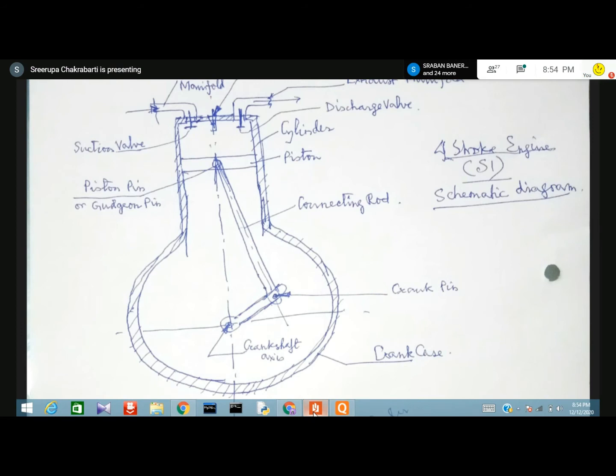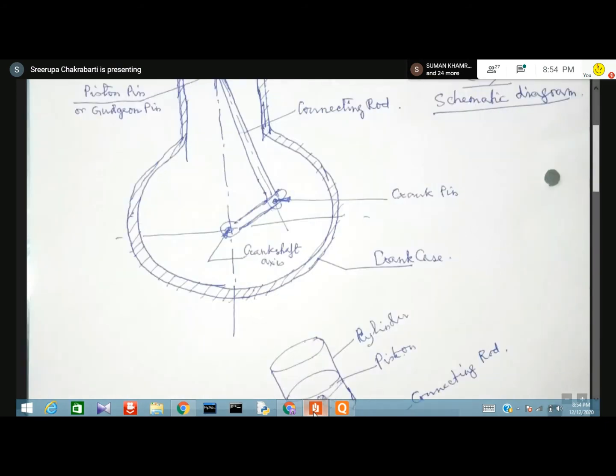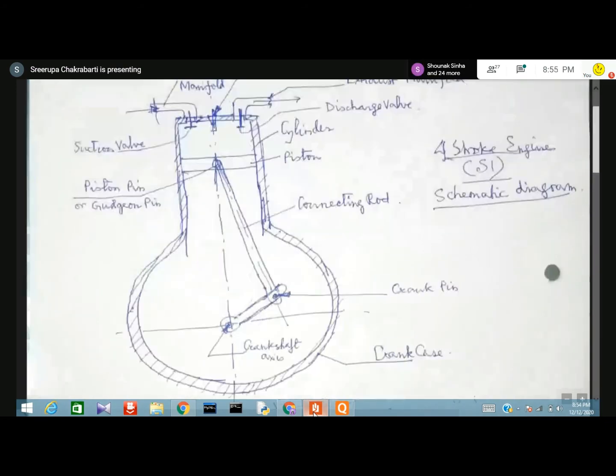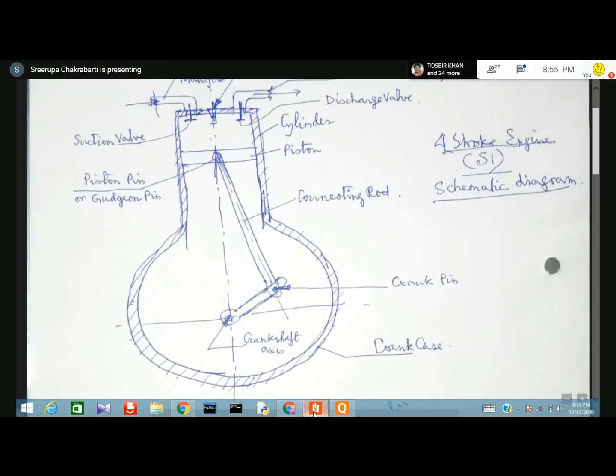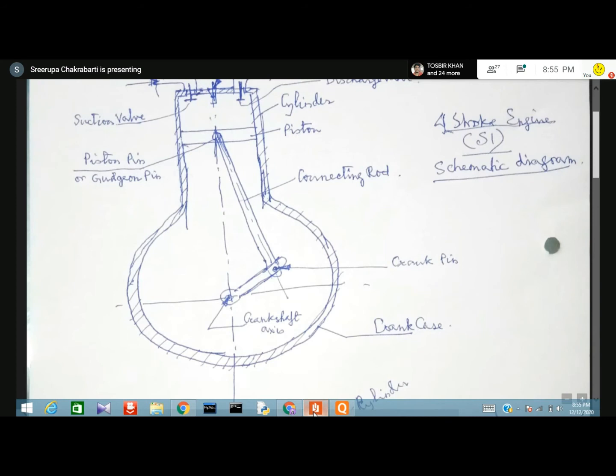Now, we come back to the next point, that is the crankcase. You see there is a portion which is called crankcase. That means the casing of the engine, the cylinder, has come down and it has taken a spherical shape. It's called crankcase. And in this crankcase, within that space, the rotation of the crankshaft occurs. For the rotation of the crankshaft, we require some three-dimensional space. The crankcase is that space.